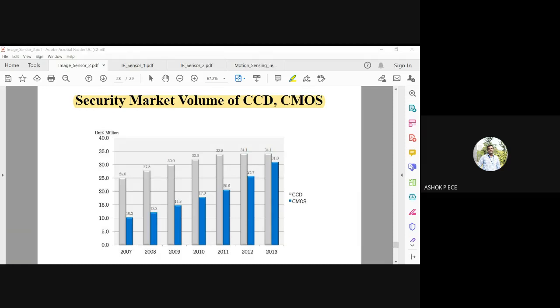So I think that is what we have for the day. Today we have discussed the image sensor. Likewise in this unit we have a lot of sensors whose operating principle we have to understand, and we have to use these sensors in our smart home for specific applications. Image sensor is mostly used in surveillance, or it can be used for authorization. It can be used in your smart lock. All these things you have to see, where you can fit these sensors in your smart home. So that is what I have for the day.